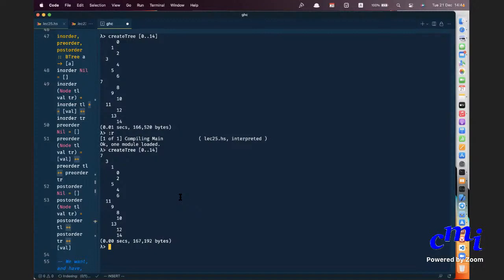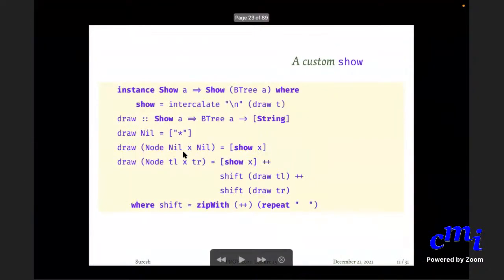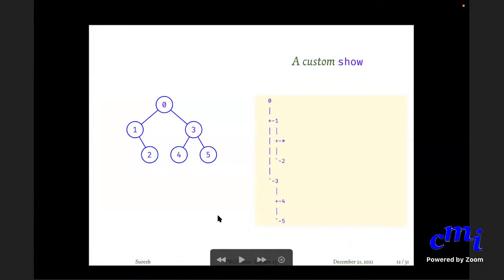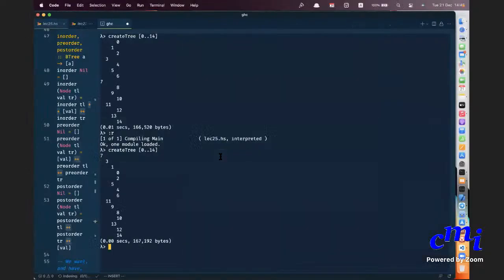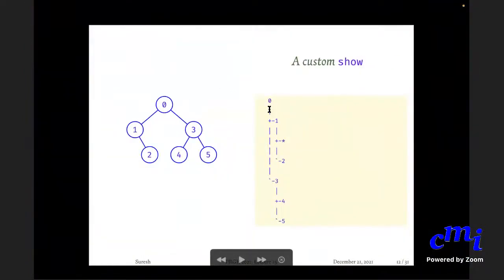I can make it even a little more palatable. Here I am just putting spaces, etc. I can make it a little more fancy by doing something like this. So 0, I'm putting some lines to connect the things. 0 has this plus, its right child is 1, its left child is 1, its right child, if you want to know where it is. Because it's a little difficult here, you have to follow the spaces, etc. Instead, I'm displaying the connection using these arrows. And you can do this also.